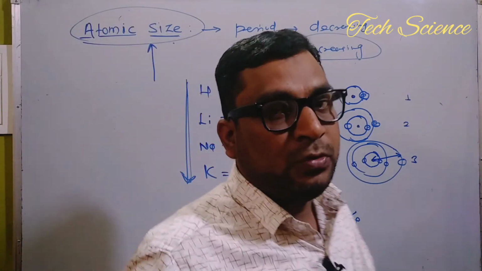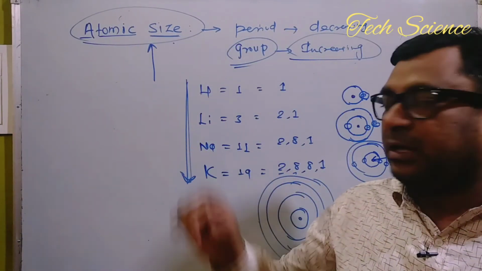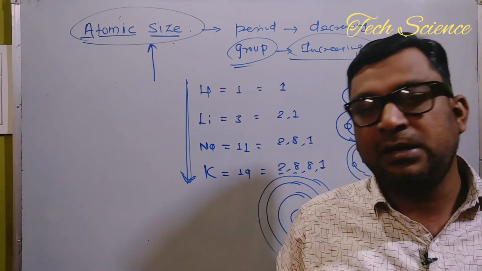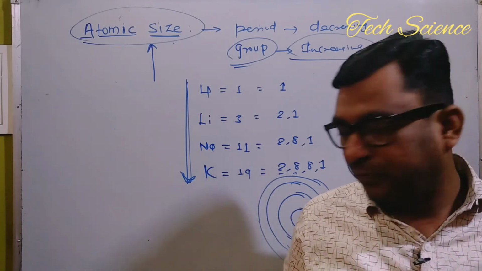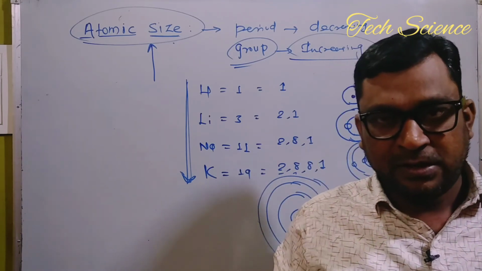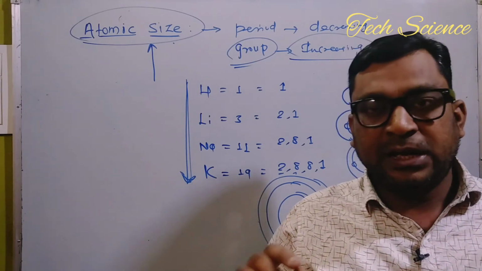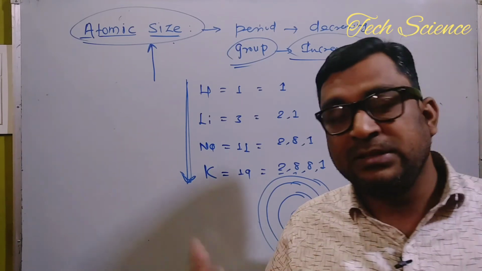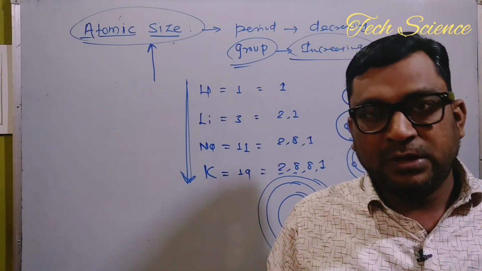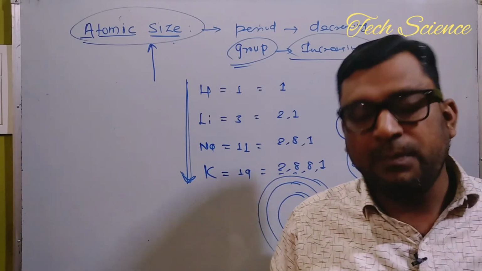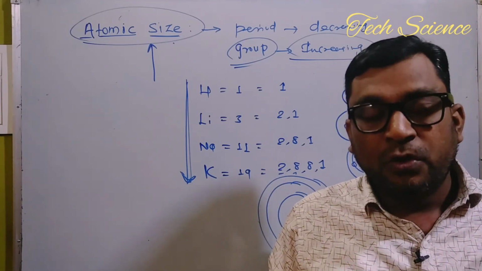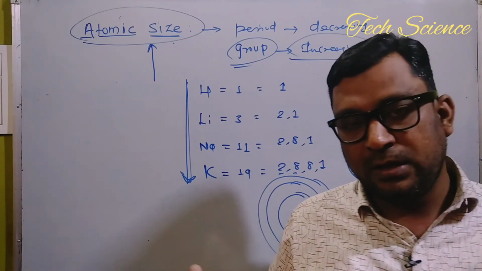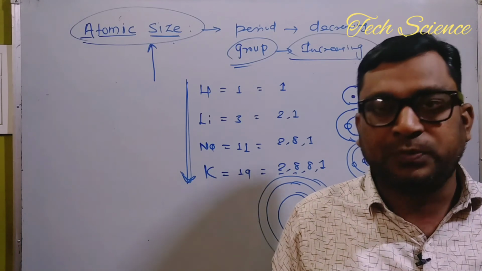So this is today's point, that is called atomic size, which is actually the sub point of the main point. What is the name of the main point? Trends in the modern periodic table. So this point covers two scientific reasons. Number one, give the scientific reason: the atomic radius goes on decreasing while you are moving from left to right in a period. What is the answer? That I told you. And second, the atomic size, or atomic radius, goes on increasing when you are moving from top to bottom in a group.